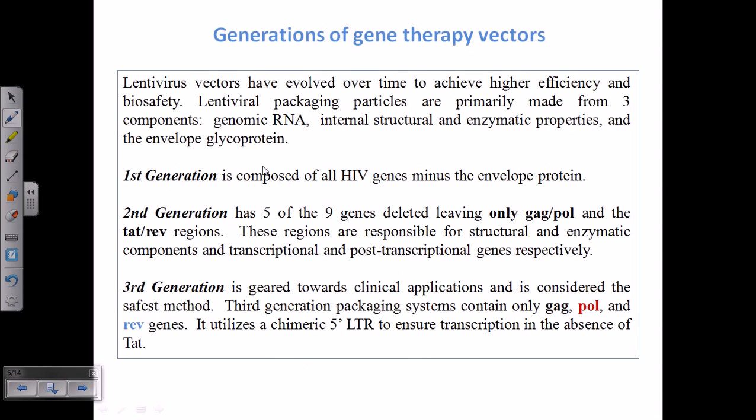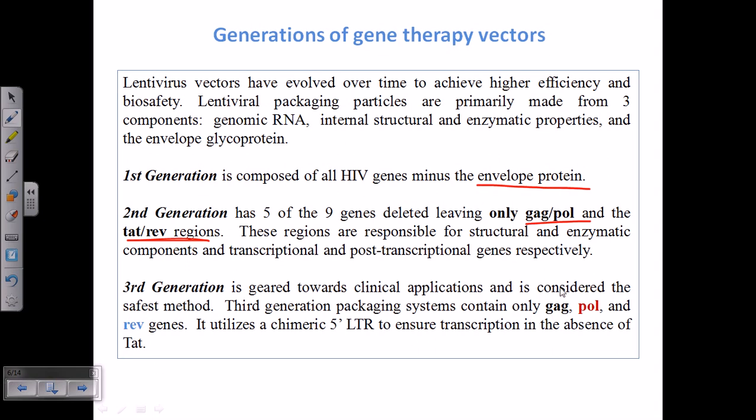Now here in the first generation, it is composed of HIV minus the simple envelope protein at the very beginning, in the first generation of plasmids. But in the second generation of gene therapy, 5 of the 9 genes are deleted, only GAG and POL or TAT and REV genes are retained. Okay, and it seems to be very active, very good. Now in the third generation it is further modified and it contains only GAG, POL and REV genes instead of all of these 9 genes. So we have deleted 6 genes and we kept only 3 genes, which are GAG,